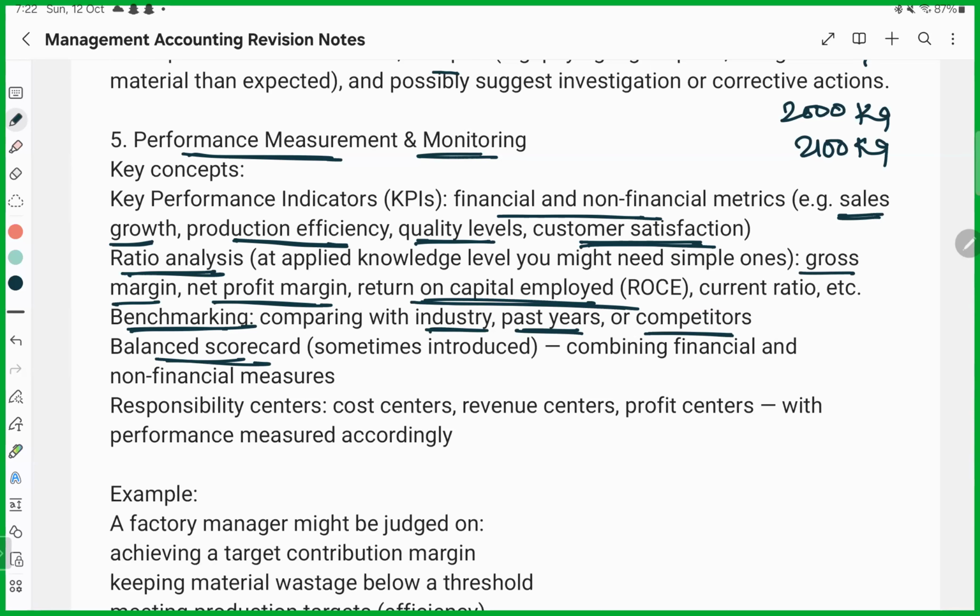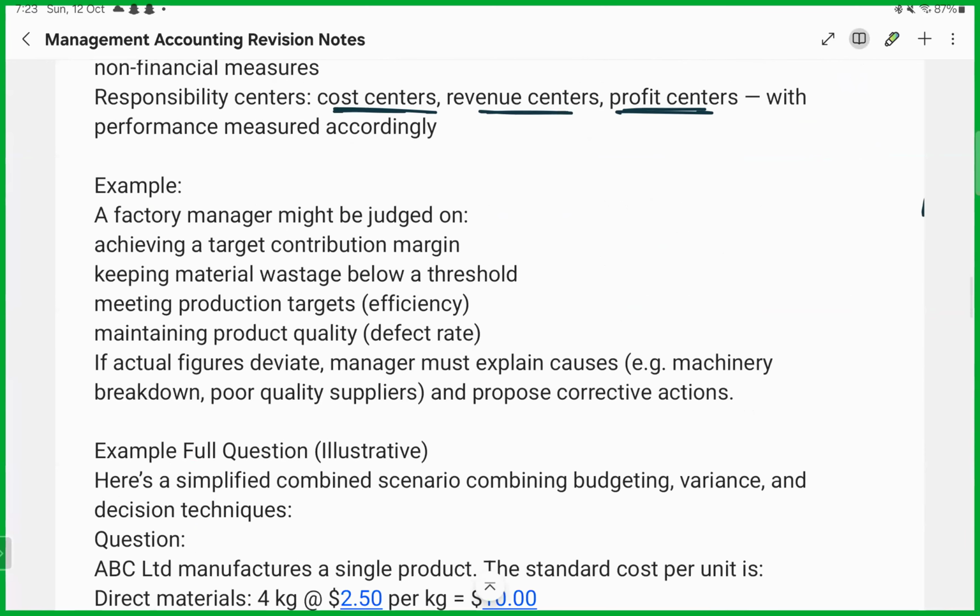What are the responsibility centers on which I can evaluate my performance? I can evaluate my performance based on the cost centers, based on the revenue centers, based on the profit centers. Now, let's see an example. A factory